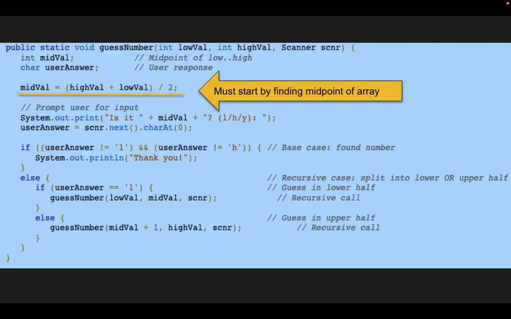So 10 plus 30 is 40, divided by 2 is 20. So we're asking the question, is it 20? It's not,